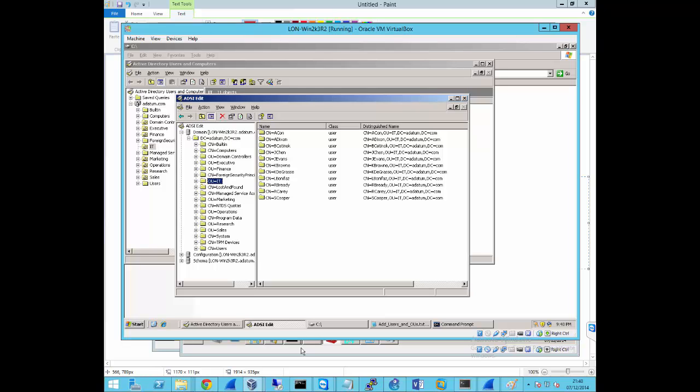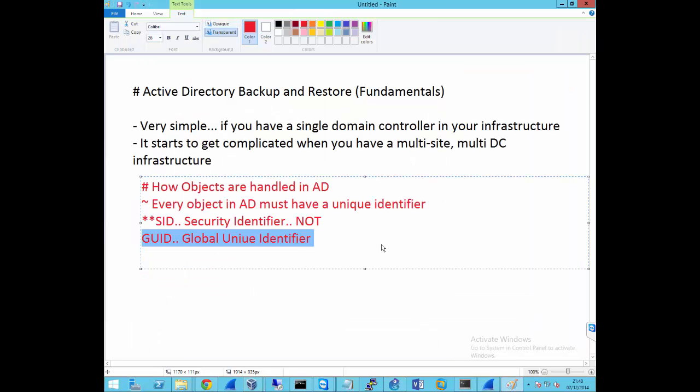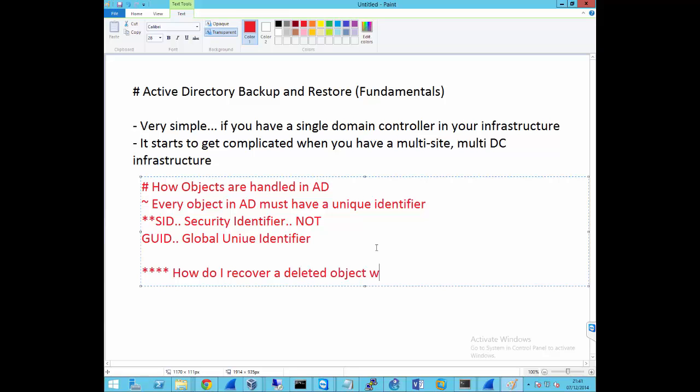So that's the first issue that faces you in Active Directory Backup and Restore. How do you restore an object back with its GUID? You get the point? So that's the number one thing that faces you. How do I recover a deleted object with its GUID? I want to recover this object. I don't want to be going back and adding him back to the same groups and doing all that. Well, unfortunately,